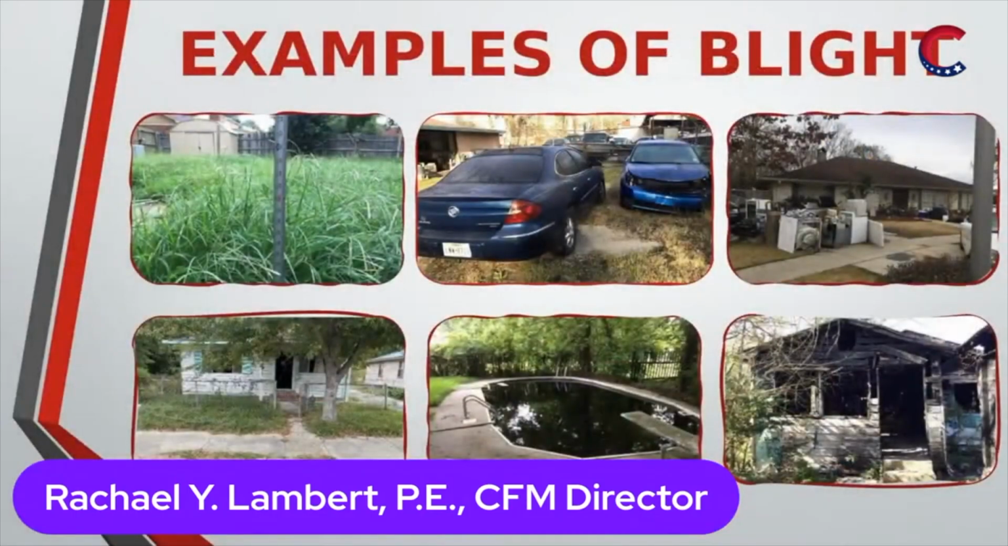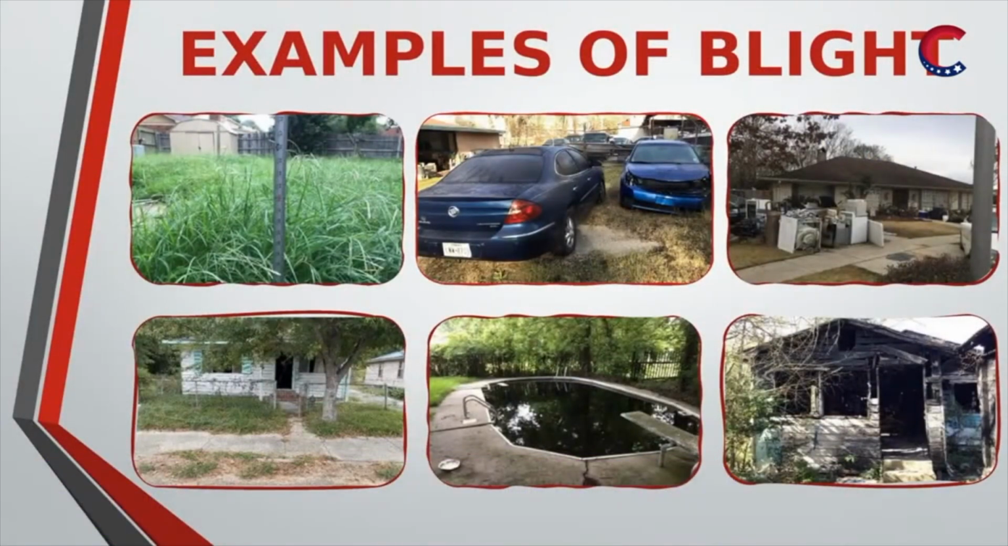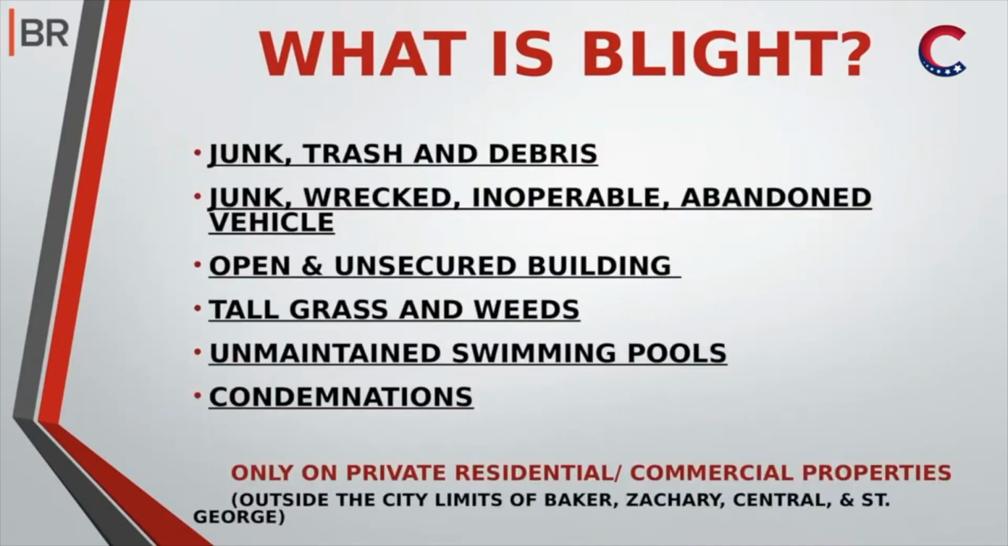Let's go back to that first slide, because we want folks to understand about the list, that first one where it gives us a list of what is blight. What is blight? Junk, trash, and debris on private property. We're going to make that caveat. And junk, wrecked, inoperable, and abandoned vehicles. If it doesn't have a license plate, if it doesn't have an inspection sticker, if it hasn't moved,